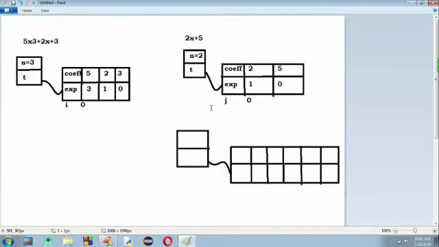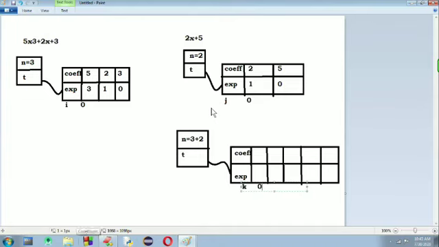Here we are getting number of terms equal to the first polynomial's number of terms plus the second polynomial's number of terms, and t is nothing but a structure term pointer which represents this array. Right now I'm taking k as a variable which shows the 0th term or first term of this addition polynomial.